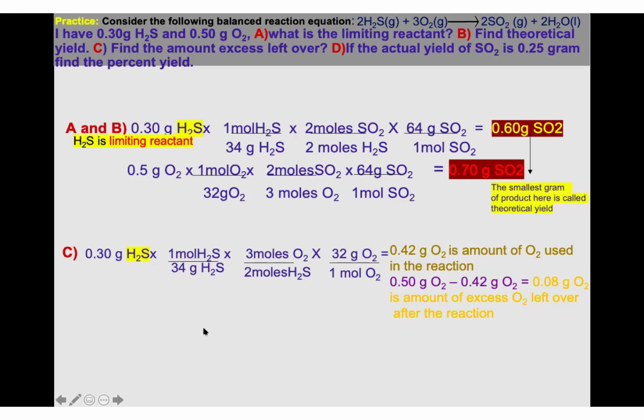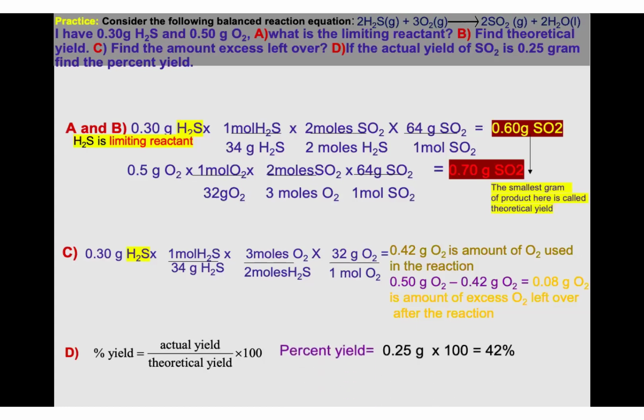Okay, let's do the D. If it's asking for percent yield, we know that it is actual yield over theoretical yield times 100, and I'm gonna do that. My 0.25 gram is my actual yield of SO2, and I divide it by 0.60 gram of SO2 times 100, which is 42% of the compound. This is, guys, what I'm gonna give in the exam, and make sure to practice enough